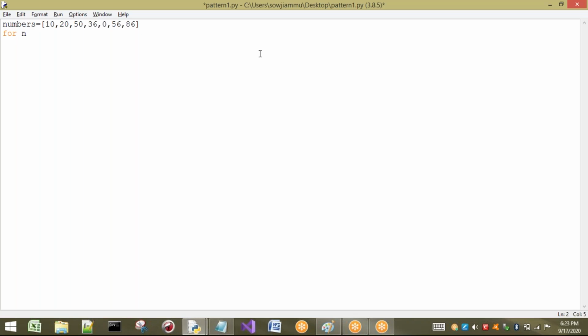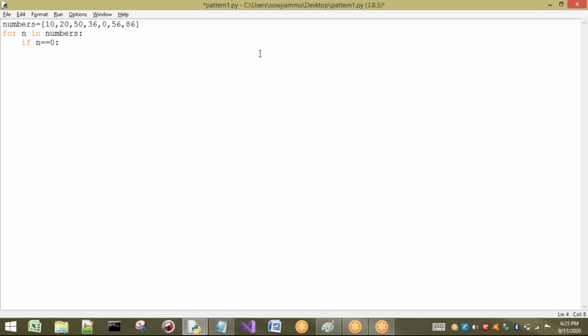Now, for every value n in numbers, if n equals 0, I should not do division. If n equals 0, I don't want to perform anything here. So I will write continue.